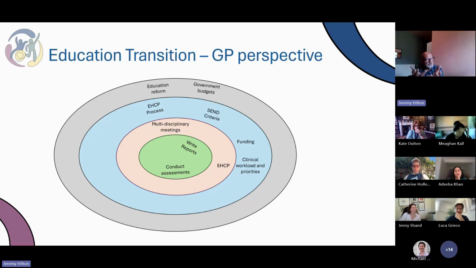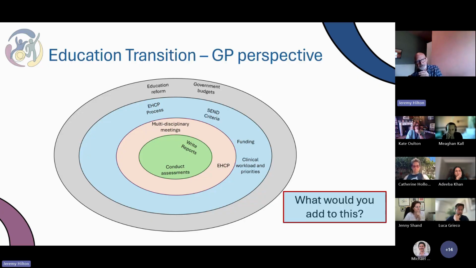But also, when we're looking at transitions, do we need to try and change some of these? So people are given more authority in places. They are connected and involved so they can influence. And can we mitigate some of the constraints, for example? So again, perhaps something after the event to have a think about, what might you add to this? So I'll leave that one with you.